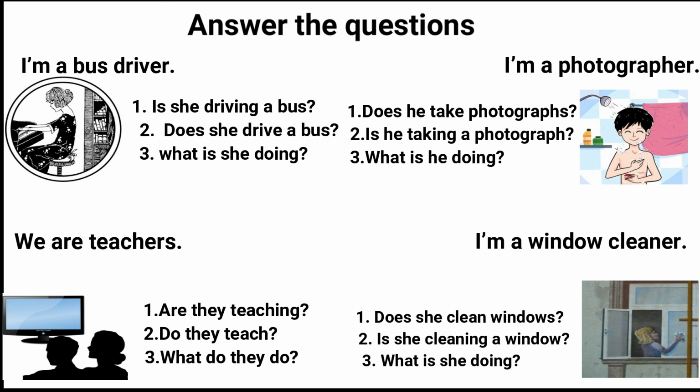Now you go back to the first situations to distinguish between the simple present and the present continuous. The only way to do it and to understand it is actually to answer those questions that were asked about the situations or the pictures given, and try to answer them. At times you must definitely use the simple present because it's general, and at other times, you should definitely use the present continuous because the person is doing that action at that moment.